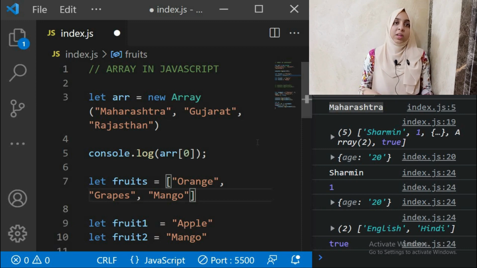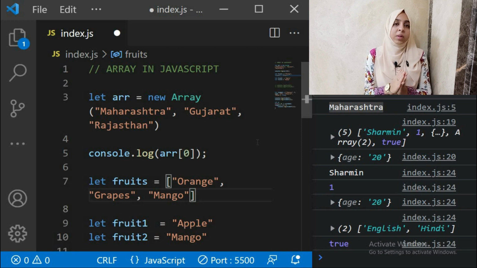So yeah, we were supposed to only look at what arrays are, but we also saw the working of for loop in this video. So hope this helped you guys, and if you didn't know what for loop is, then I think you learned that as well in this. So yeah, that's it for today. This is how arrays in JavaScript work.